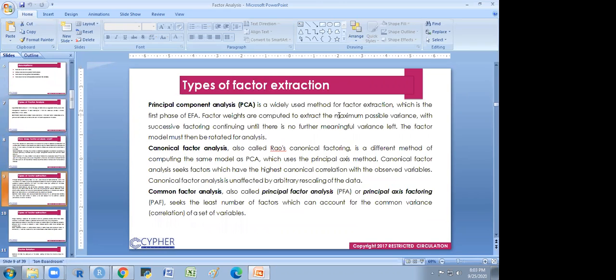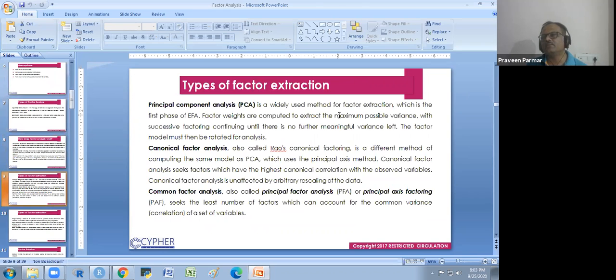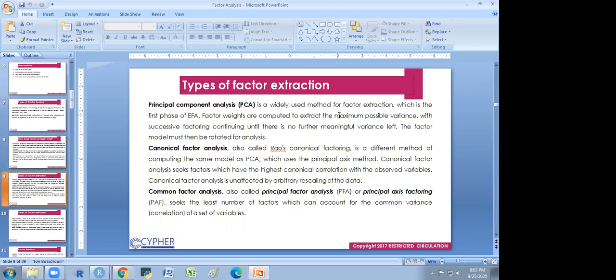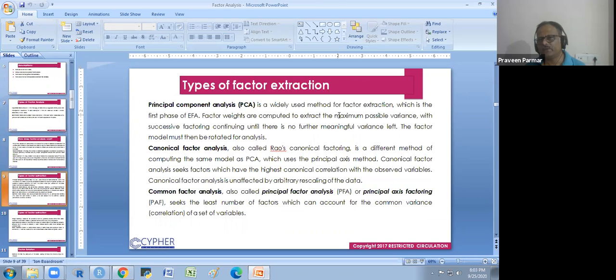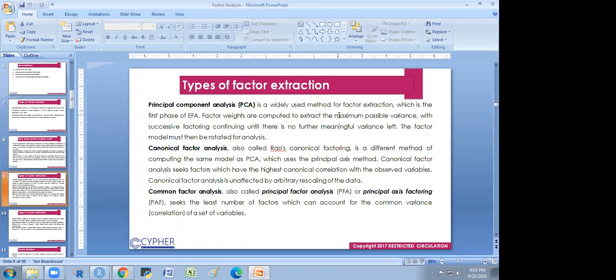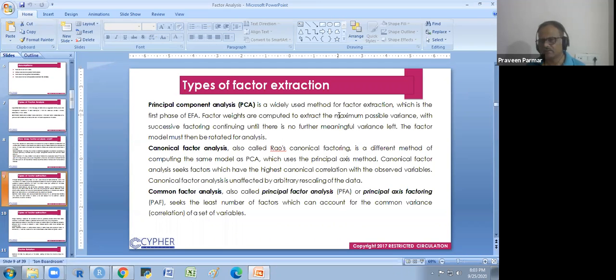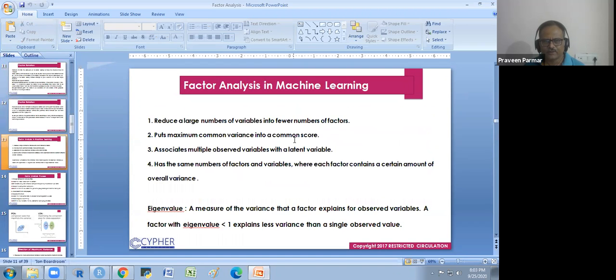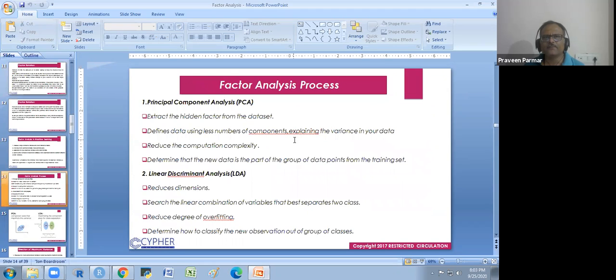So will we do one example of PCA also here? We will do it in R today. PCA we are not covering here because that requires linear regression. You should know all these things, then you could better understand PCA. We will cover it in R3. So I am not explaining that here. I am only taking factor analysis.